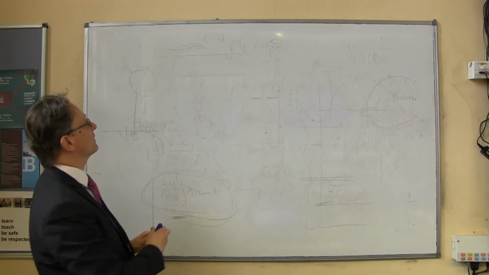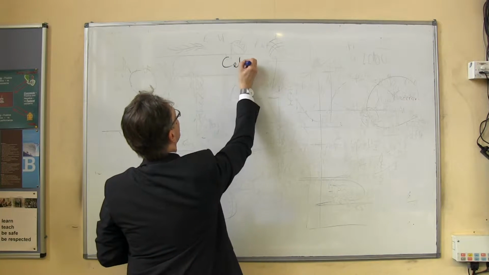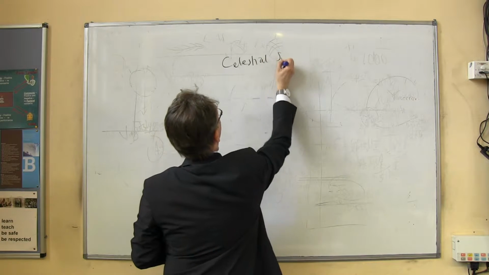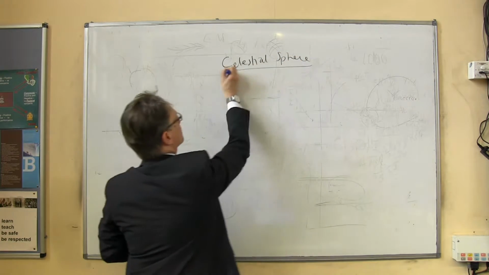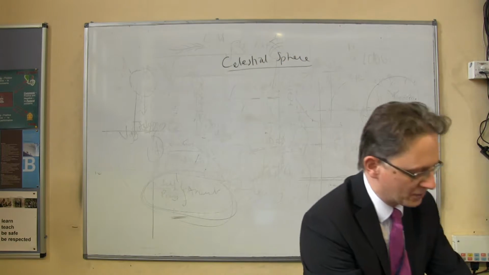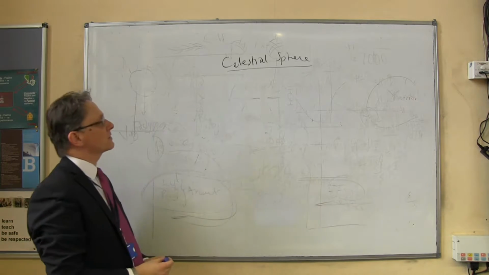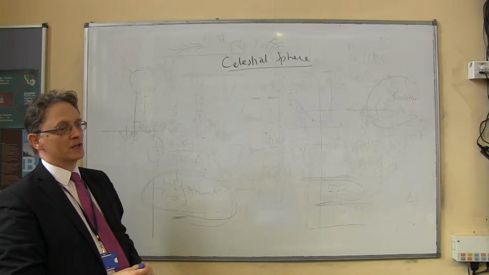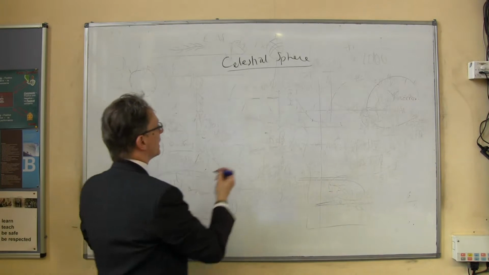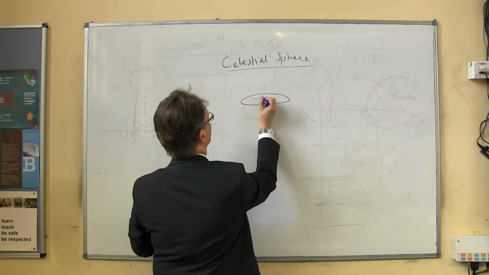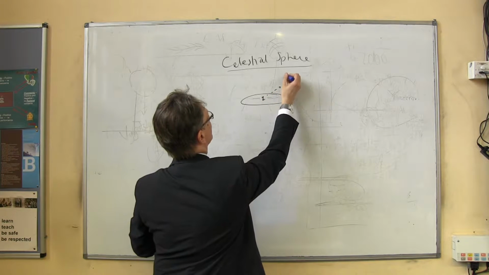So today I'd like to start the section on the celestial sphere, which is basically a big diagram. The celestial sphere is basically just a big diagram that you need to know how to use, okay? And it's based around the fact that if we sit here on the Earth, looking out at the stars, then